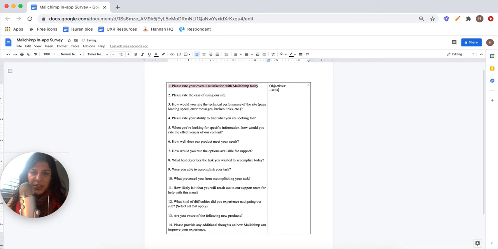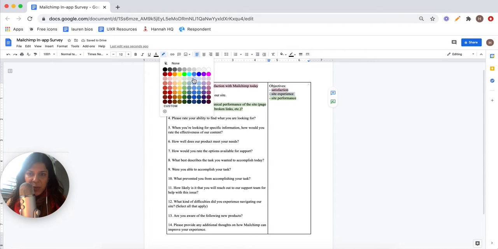And so satisfaction is 1. All right. Rate the ease of using the site. And then technical performance. So ease of using the site is different to technical performance, right? This is more about the site experience. This is more about the site performance. So let's say site experience, site performance, where that's like technical performance. So let me highlight those. And then the site experience,